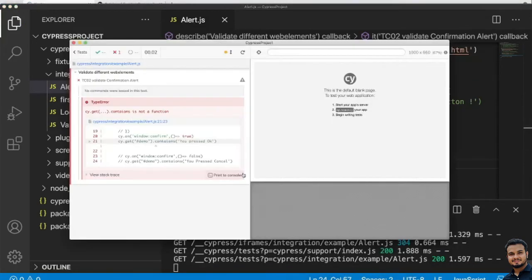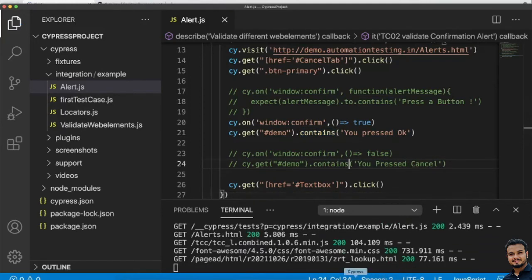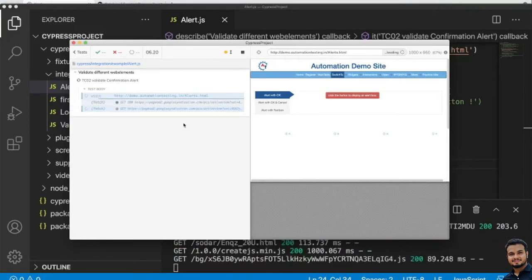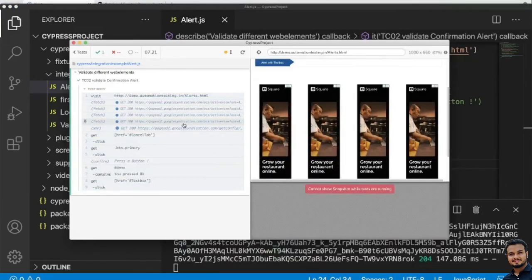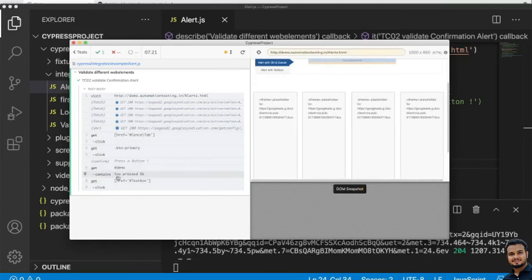Okay, let me comment out this, and let me show you first the OK one, whether it is working or not. Okay, it is giving some error, cy.get contents. There is a spelling mistake, contains. This should be corrected here also. Let me save and re-execute again. So here you see it is getting executed. Now you see, you pressed OK.